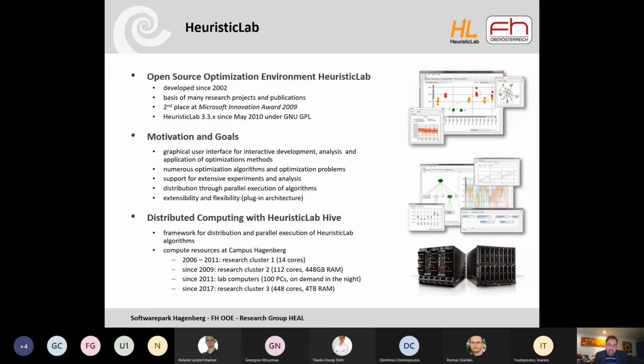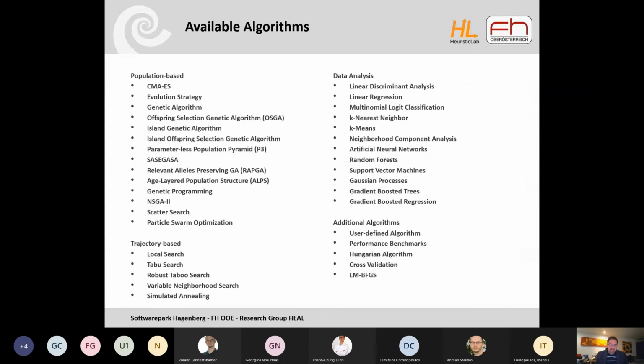Where we are standing at the moment is that we can use around 1,000 cores, also including students' labs, which are used overnight and over the weekend for HeuristicLab runs. And as already mentioned, it's open source, at least its basic functionality, and you can feel free to give it a try. And over the years, many algorithms have been implemented for combinatorial optimization, for data analysis, and